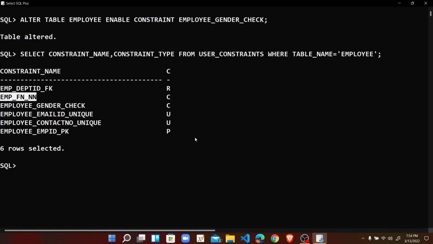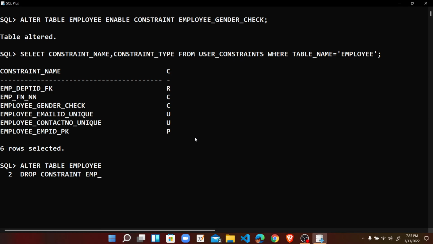So here for that we can use the statement alter table, then the name of the table, that is employee, and then the keyword drop, and then another keyword, that is constraint, and the name of the constraint emp_